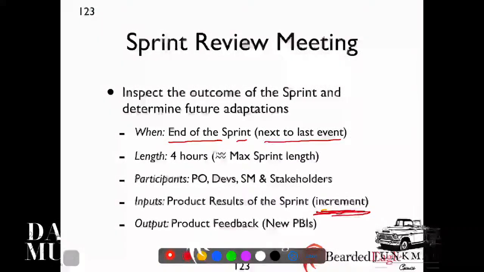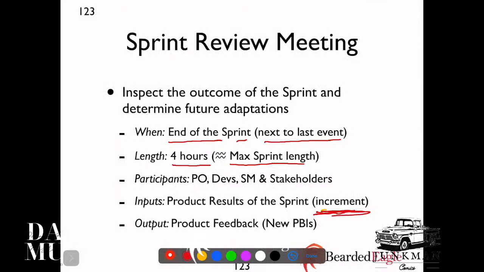How long is that sprint review? It's a max of 4 hours for a calendar month sprint. So when you've got that max sprint length, you can spend a max time box, the time box being the maximum duration of time, of 4 hours. Now, obviously, if you're doing a 2 week sprint, you would cut this in half. It would be about 2 hours at that point. And for a 2 week sprint, my team spends maybe 30 minutes to an hour in a sprint review.